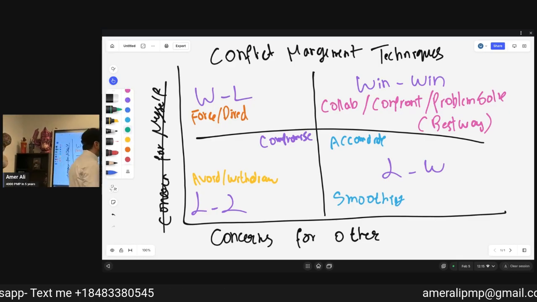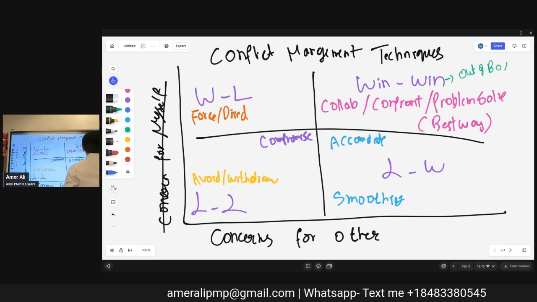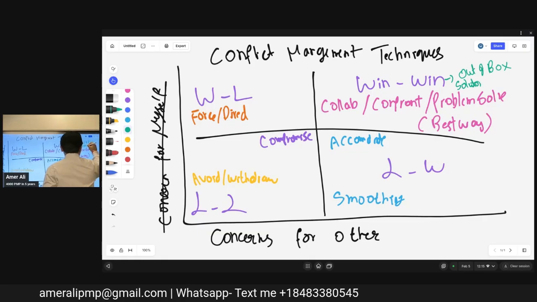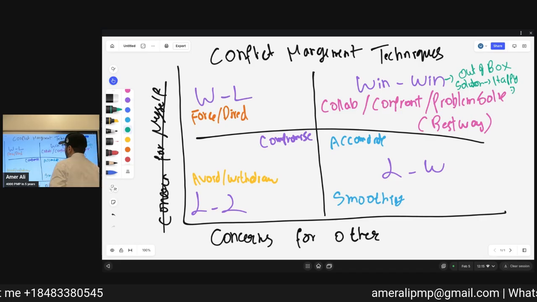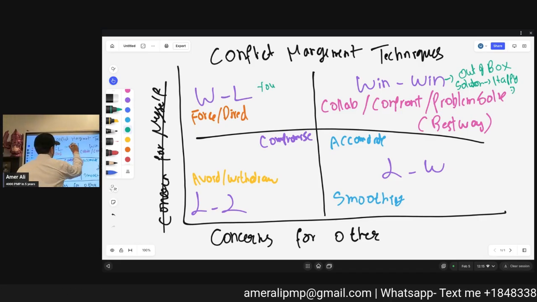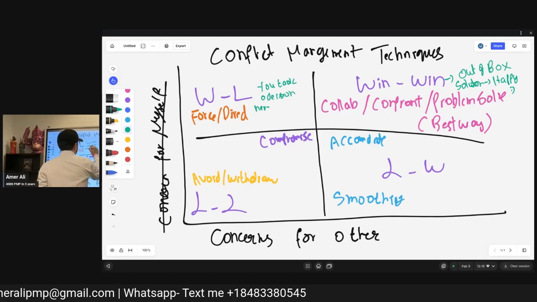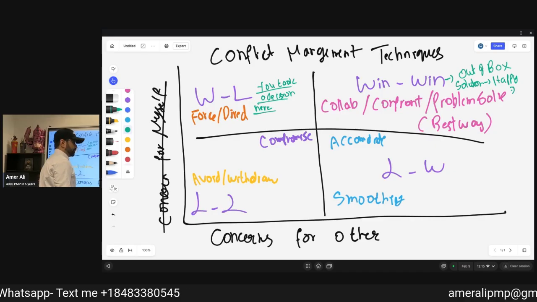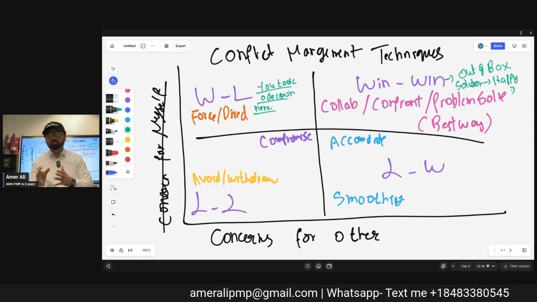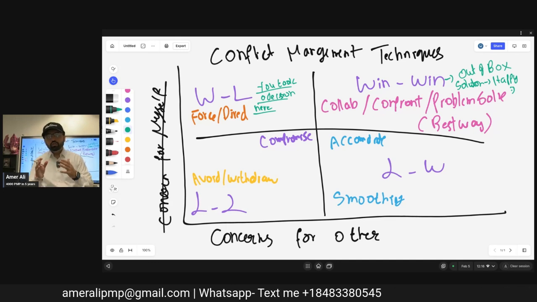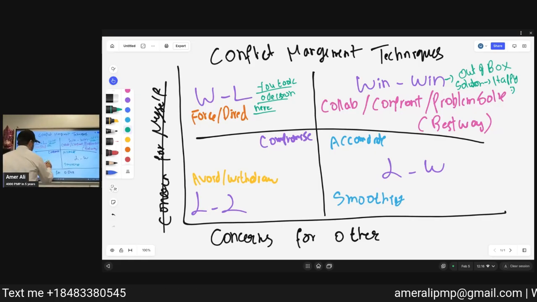When the question says win-win, you get an out-of-the-box solution. Both parties are happy. Force: you are taking a decision here. That's forcing, and it is very effective. Sometimes people need to be forced. This is autocratic, yes. We need to force them to do it this way. That's important.